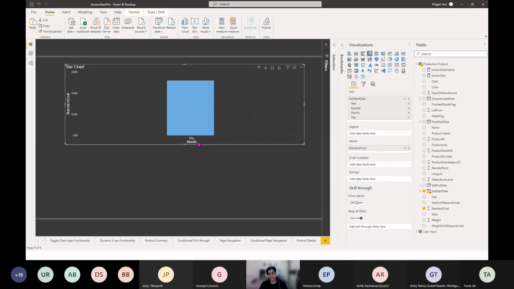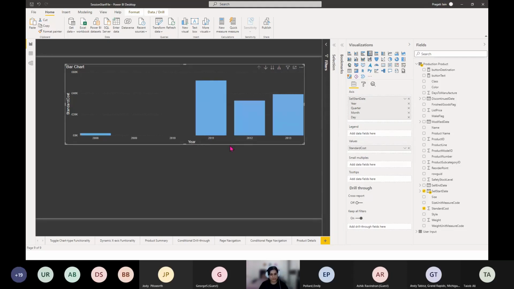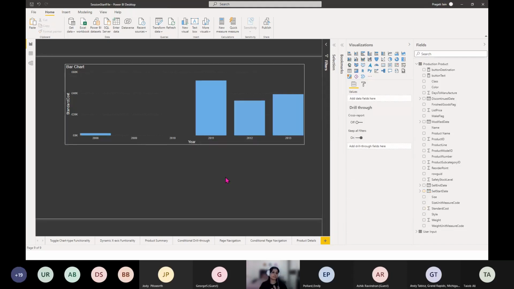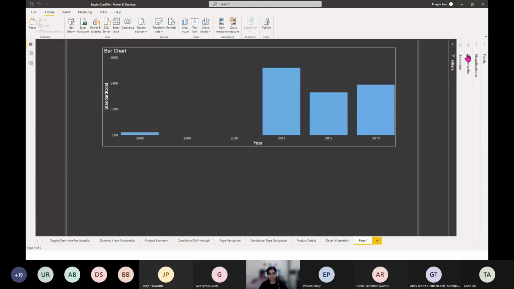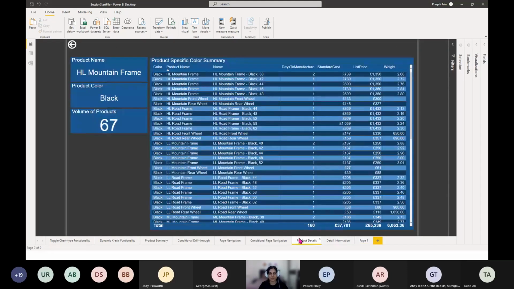Drill down, it will show you something at a month level. I have just got data for May, that's why it's just showing you the month. But from here you can drill up again on quarter, or drill down. So that's the beauty of modern visual tooltips. It just adds a new feasibility to at what level things are shown in the